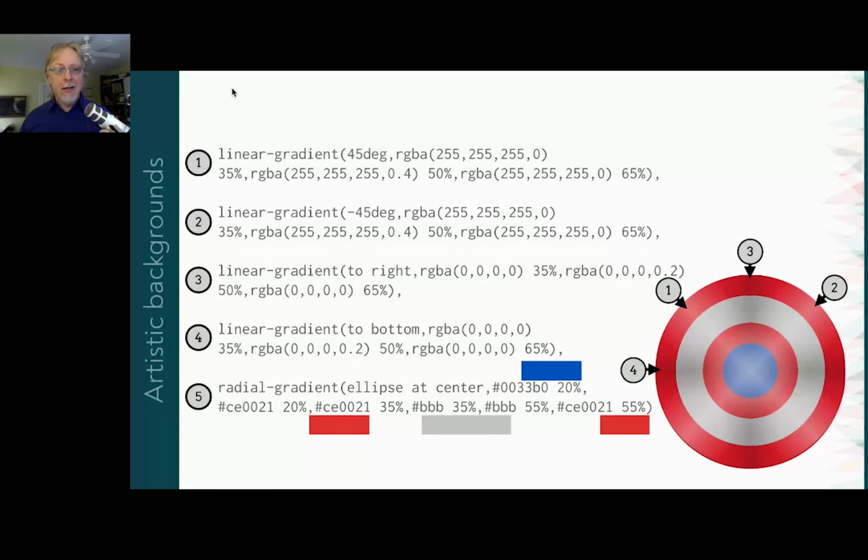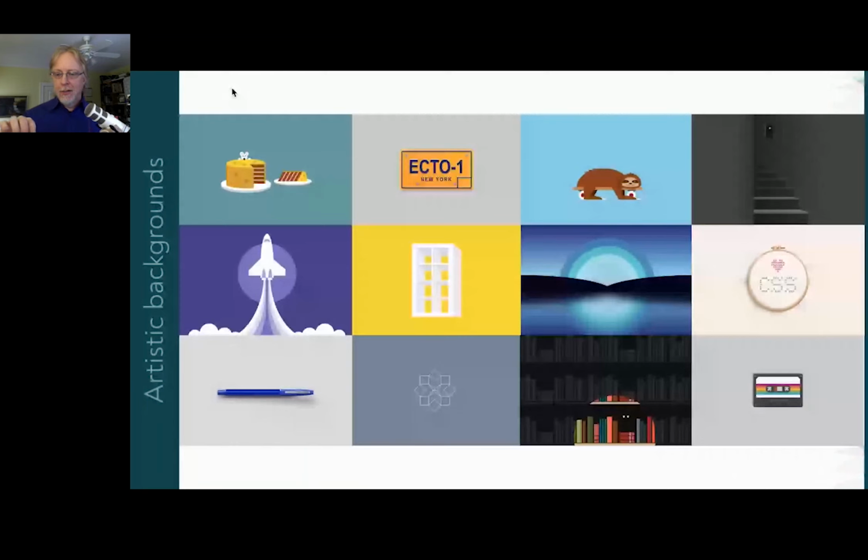And some of them are even animated, because I didn't show this, but background images can in fact be animated in terms of their size, their position, and more, right? So the bookshelf one, where it looks like a bookshelf in the dark, has a flashlight shining on it and some eyes. The flashlight moves around and the eyes then appear and blink. And I think some of these others also animate. Oh, the pen. If you hover over the pen, it changes. I won't tell you how. You can go find out.